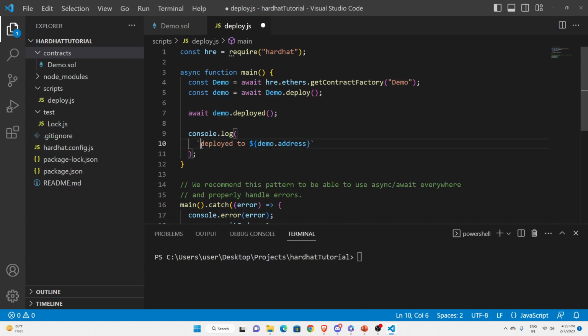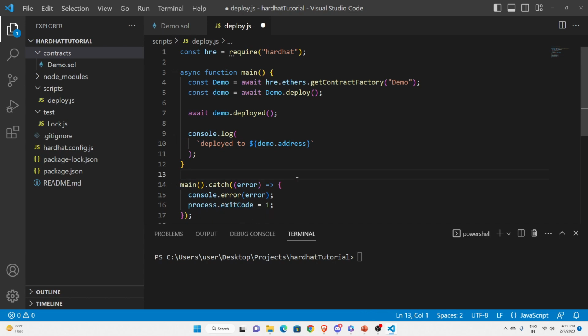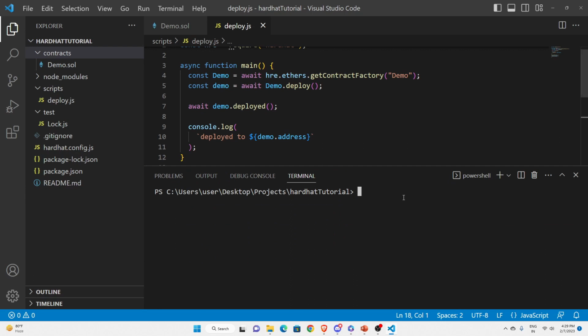So we will see that as well, once it gets deployed. Now what we will do is simply save this, and let us check this particular script. First of all, let me compile this by running npx hardhat compile. As soon as I compile this, you will see a new folder actually get created inside your Hardhat